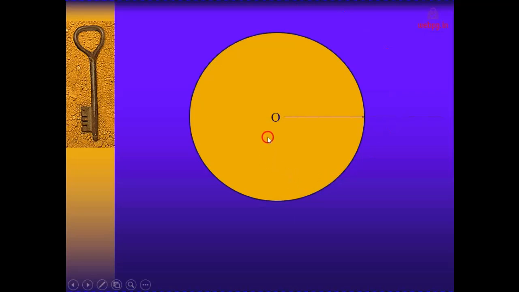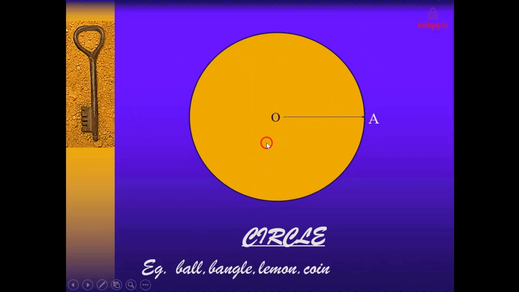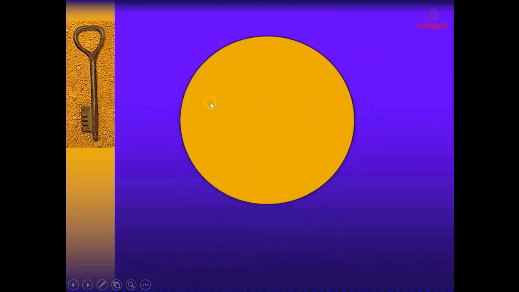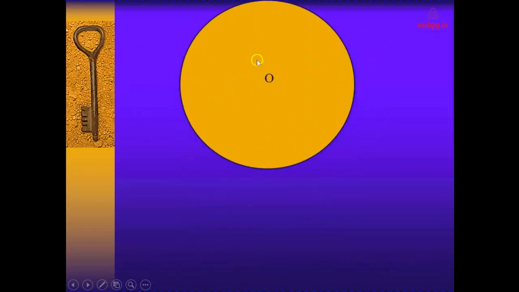Round shaped circles, and this is the distance from the center to this line, and we can call it OA. This is the name, and this is a basic circle. Examples are a ball, the earth, or a wheel, or many things we see around us that almost look like this circle. And circles have some basic properties, which we're going to learn today.